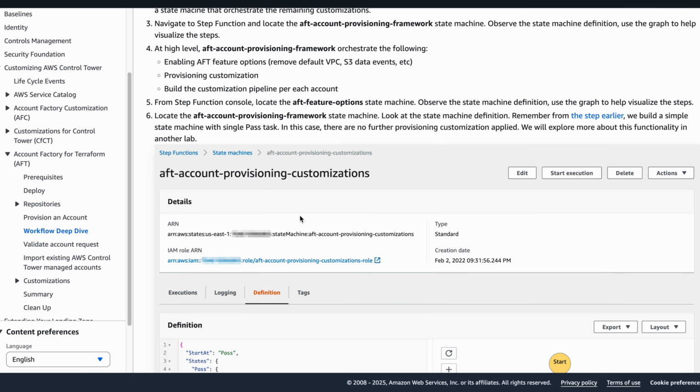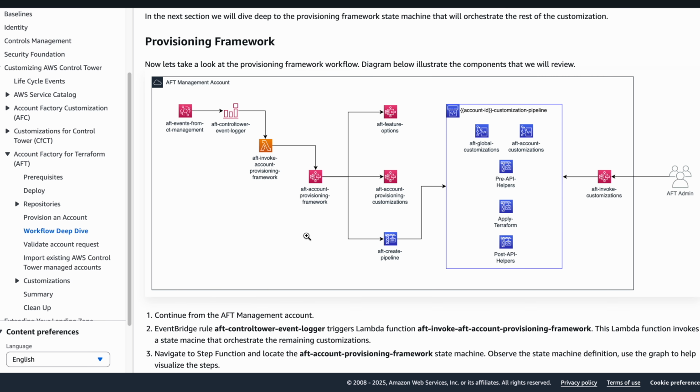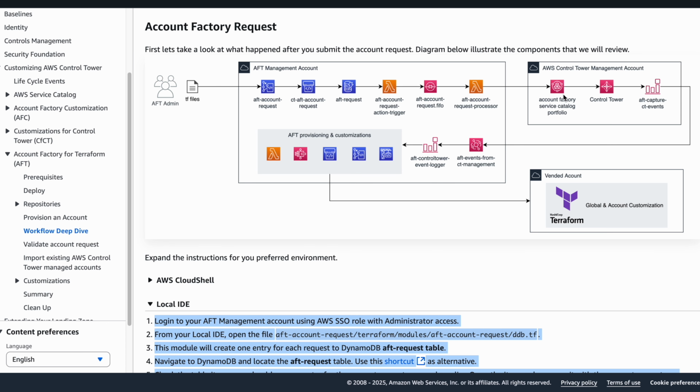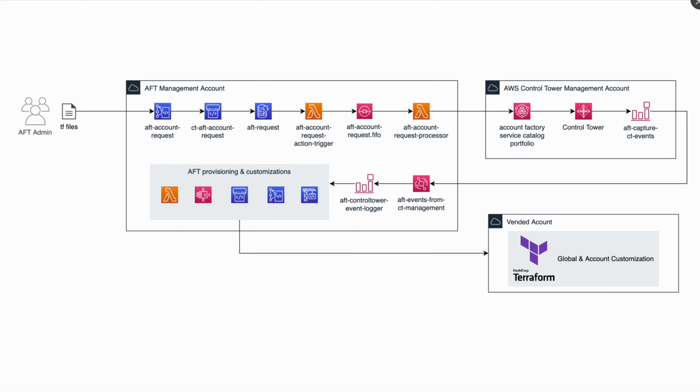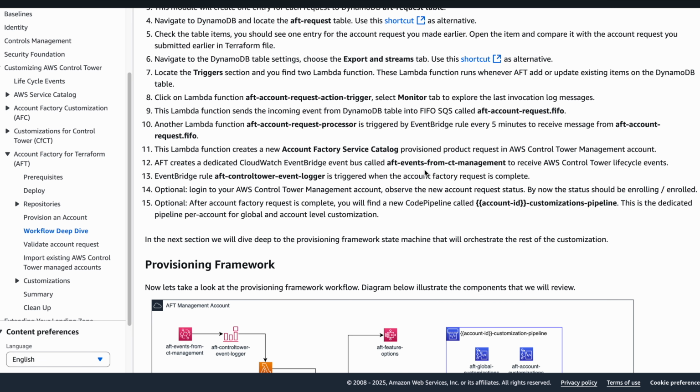Here it actually calls the state machines also. So it is complex, and it is very difficult to troubleshoot when something is failing during the initial setup when you are testing it. So I would say make sure that you follow the proper guidelines, what is important, what you have to set, and then check the CloudWatch logs. It will provide you with mostly all the details. And if it is failing in service catalog, make sure you check the service catalog portfolio also. You will find all the details and all the errors there.